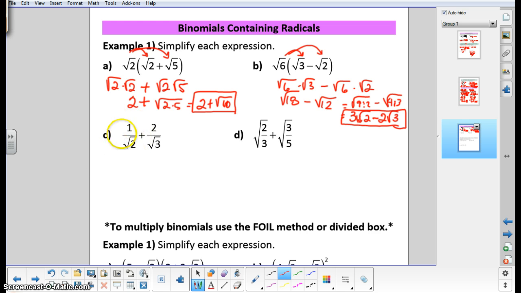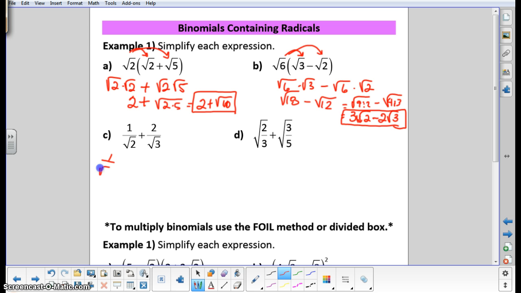So you can see that this fraction has a radical on the bottom, which we're going to need to eliminate, and we do that by multiplying by the clever version of 1, root 2 over root 2. And then this one has a different radical in the denominator, so we're going to multiply that by a clever version of 1, the copycat fraction, root 3 over 3. So we're going to multiply across on this one,